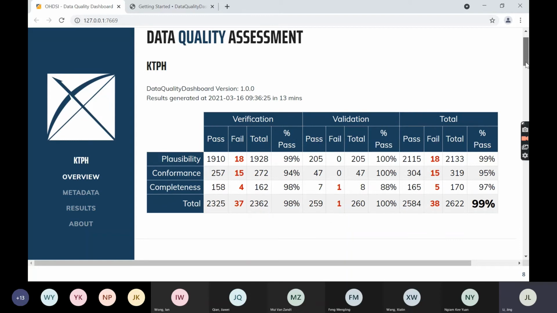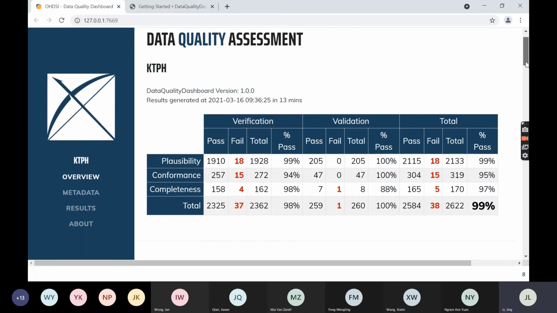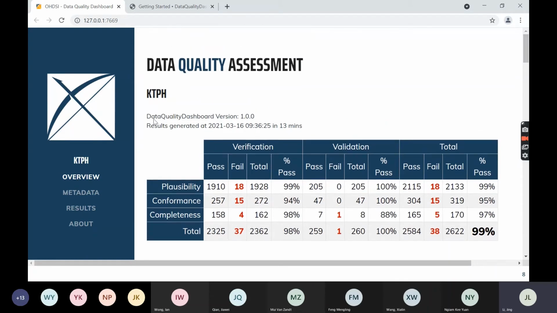So what you are seeing is the dashboard of our data quality execution. Here KTPH is the source name and the result was generated on 16th. And the version is 1.